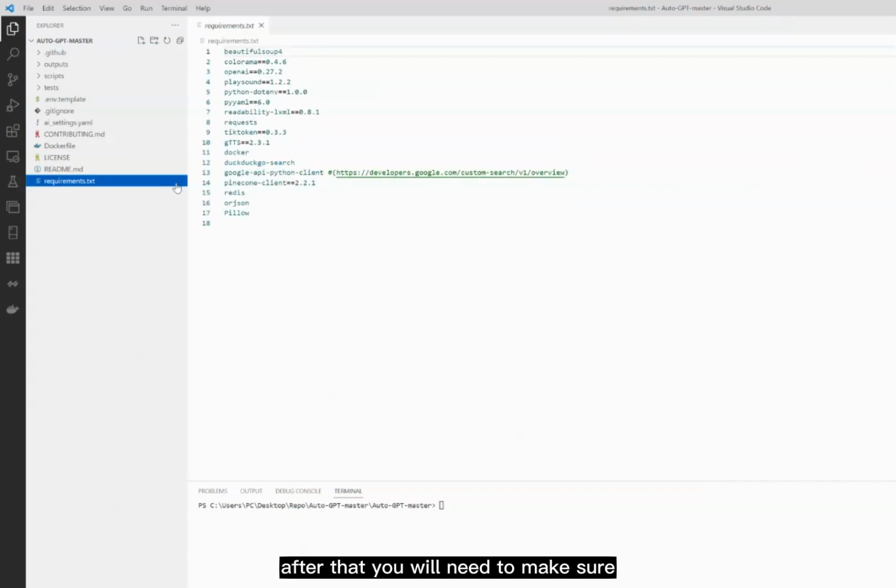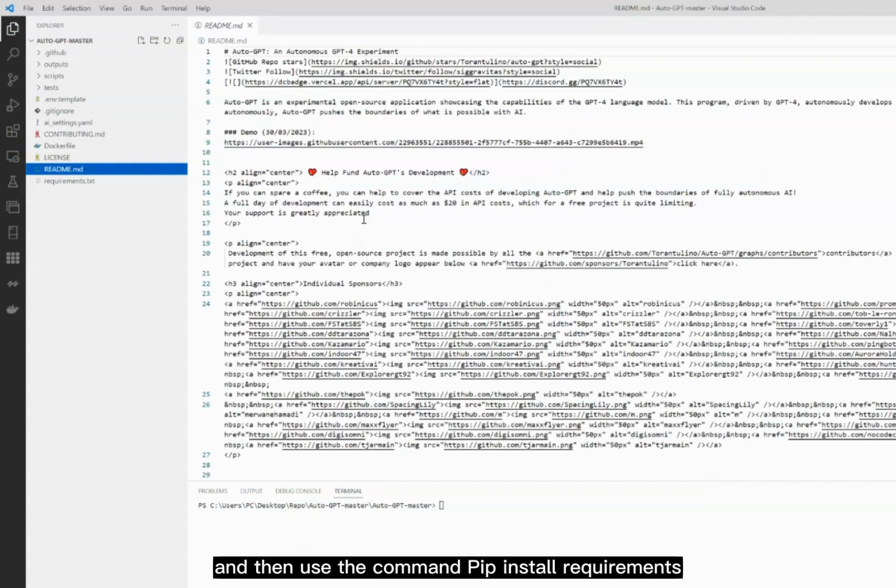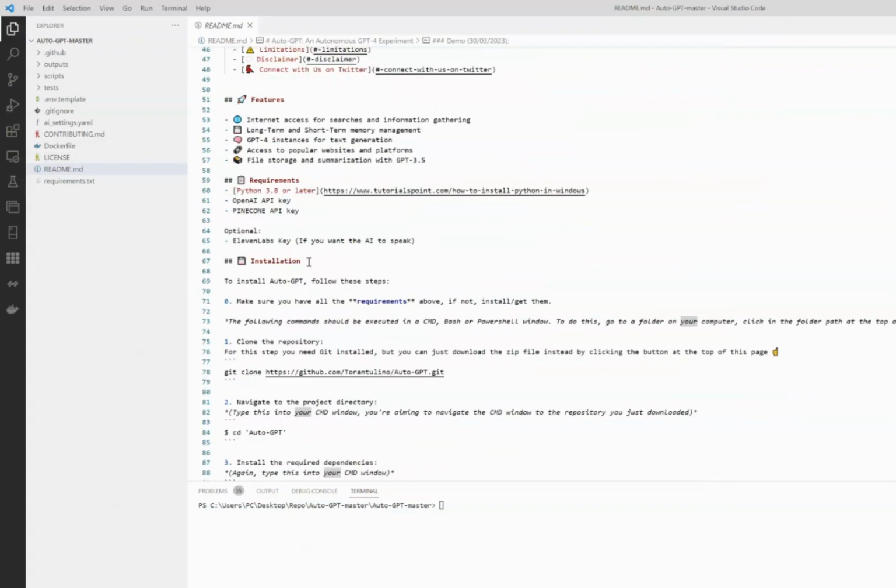After that, you will need to make sure you have a Python version above 3.8 and then use the command pip install requirements.txt to install the libraries.